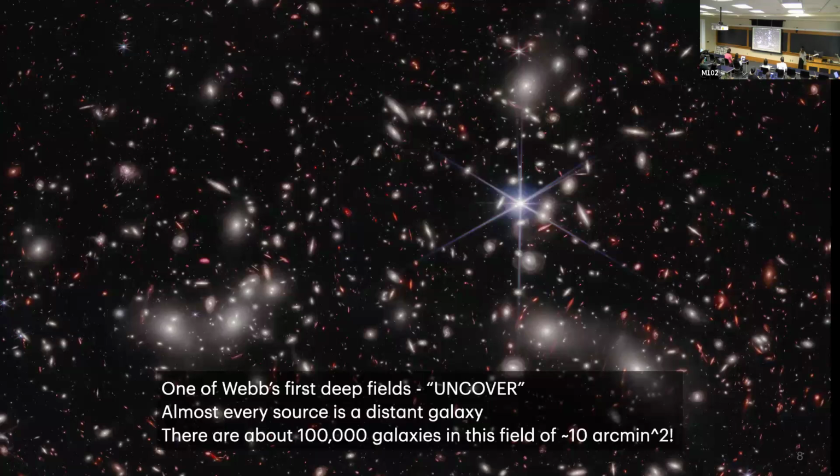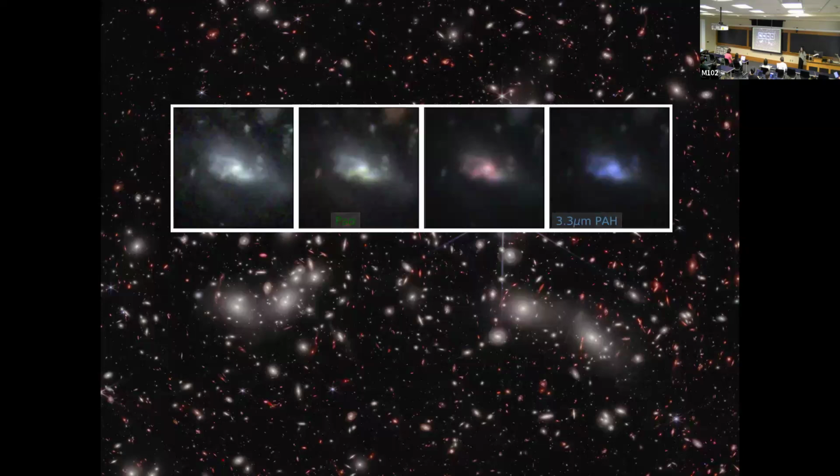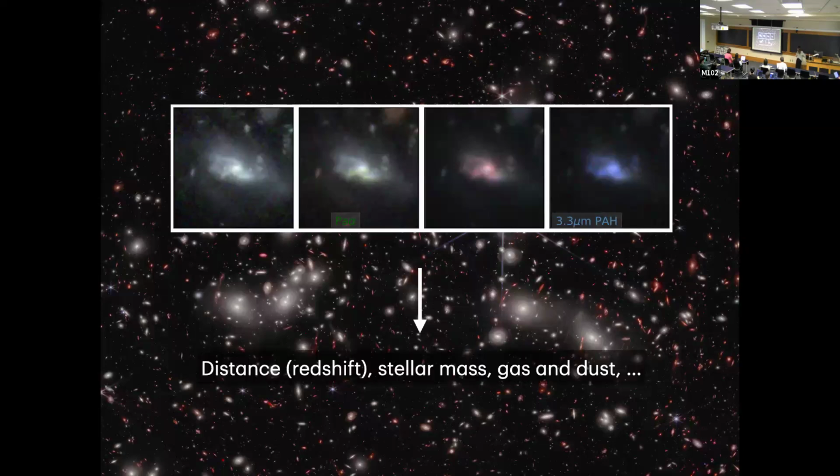What I was mainly responsible for was turning this beautiful image into even more beautiful parameters, which are the distance, stellar mass, gas and dust content. Those are the physical parameters we really need to do galaxy formation and evolution studies. Just to provide you with a bit more context, since my expertise is in distant galaxies,